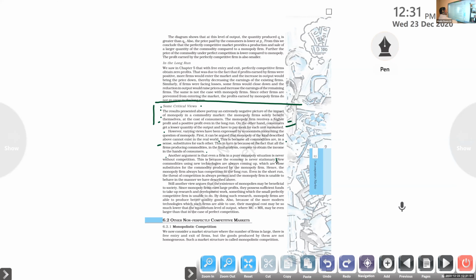So in the market we are always able to find these kinds of changes. It is always changing. Always new commodities are there in the market. Not only that, these firms are using new technologies to produce the product, so they are able to create changes in the price of the commodity.